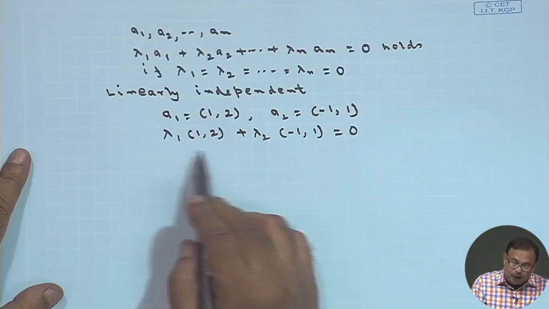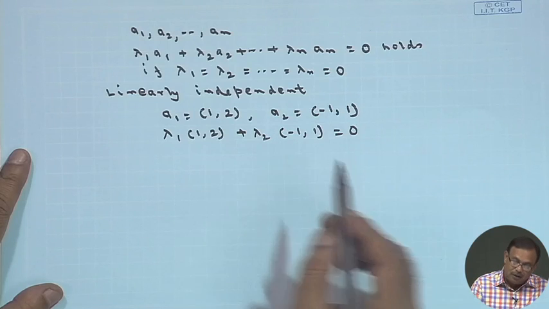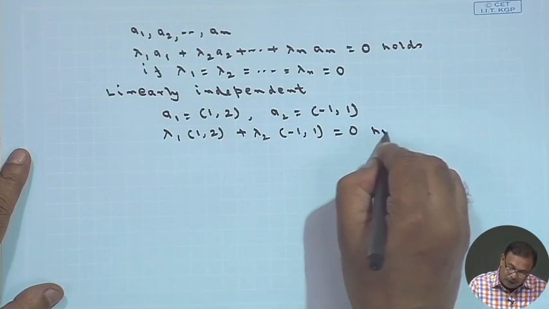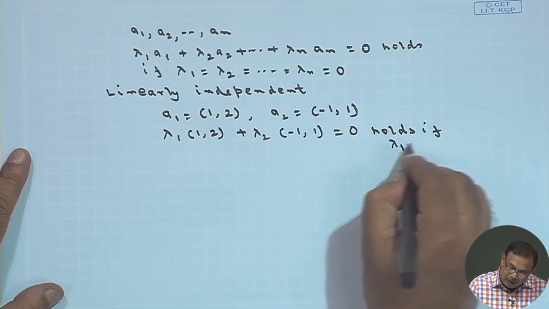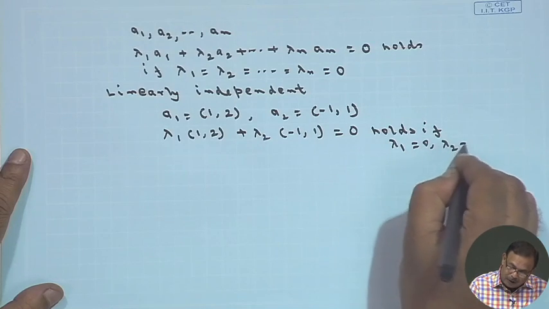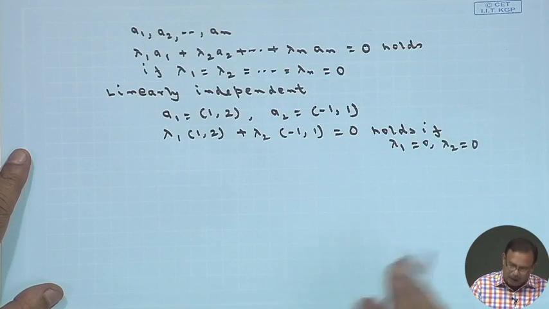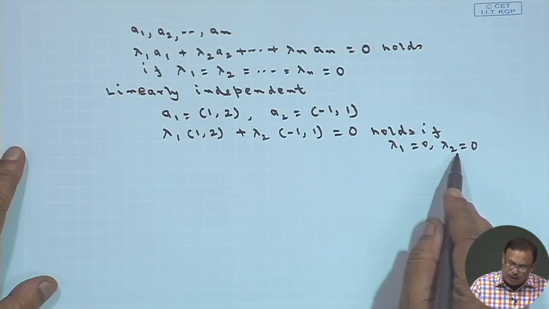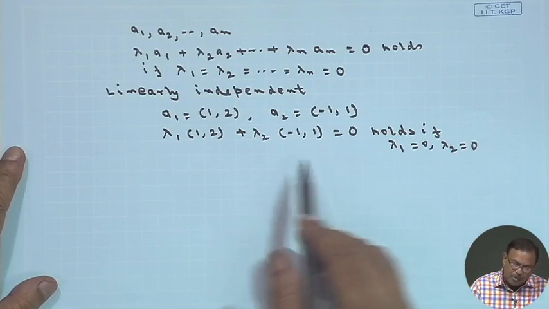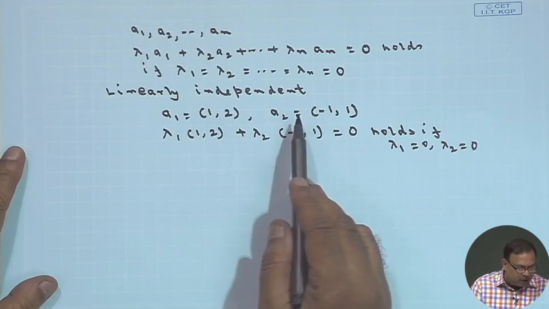If we calculate, you will find I am not getting any value. If I solve, this will hold only if lambda 1 is 0 and lambda 2 is 0. So A1 and A2 are